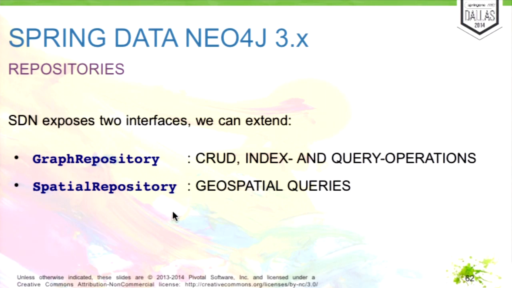There are a number of repository implementations that come out of the box with Spring Data Neo4j. Of course, they're exposed via interfaces, as in Spring Data in general. Two of those are the graph repository, which combines the CRUD repository and paging and sorting repository from Spring Data, and the spatial repository. There are a few others as well. The spatial repository is nice because it offers all the geospatial queries that were also used in the demo use case.